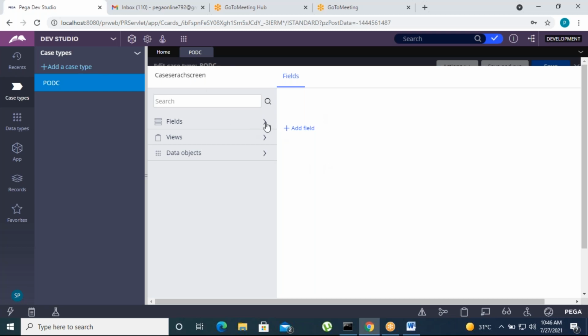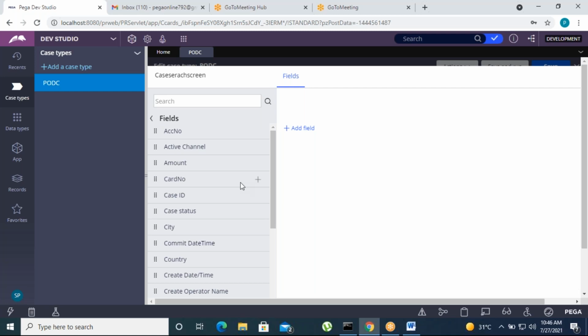Already the fields will be there, so there's no need to add additional fields. You can just select it. Some case ID here. Okay, the case ID.